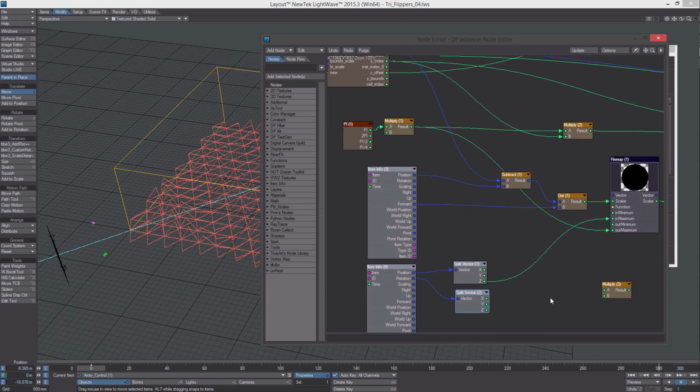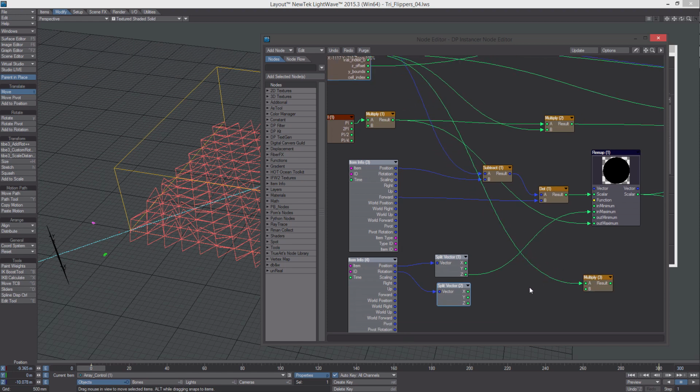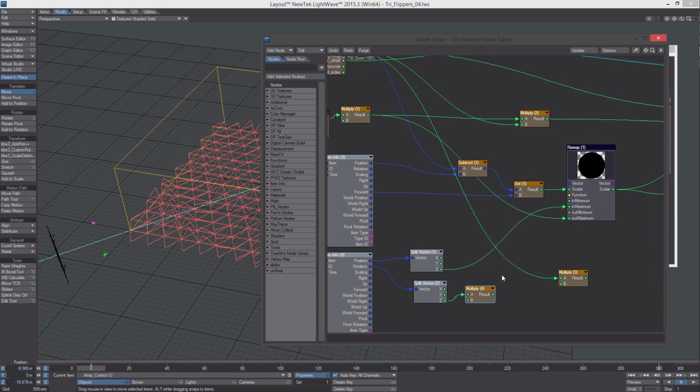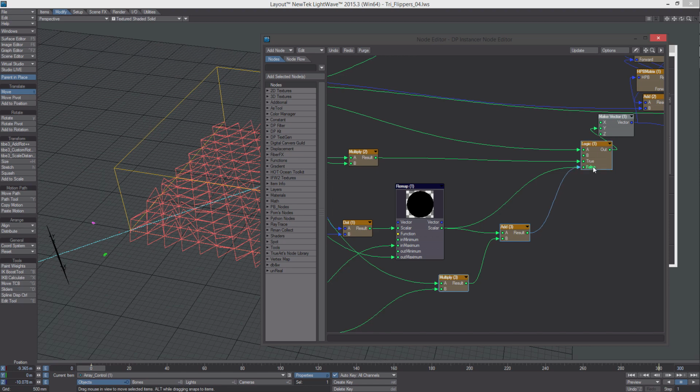So what we're going to do is we're going to take the Y index and we're going to multiply that by the step rotation. We're going to use the negative step rotation though. So we're going to take the step rotation, we're going to multiply it by -1. We'll go into the multiply. Now if we add that in,